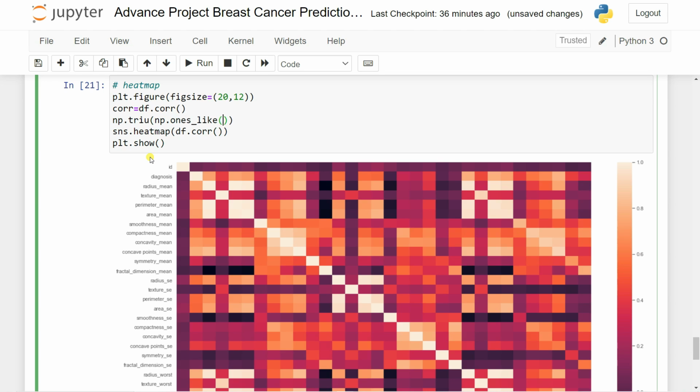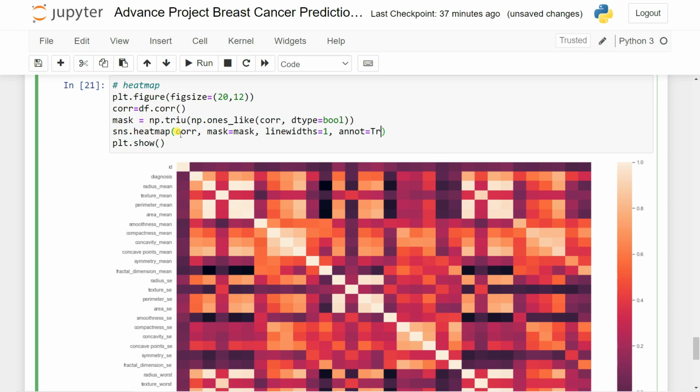And inside that I'm going to pass here my correlation value and also my data type. So the data type is obviously bool, it's nothing but my boolean value. I mean, which value is going to be printed out. It's called the mask. So we're just going to calculate this portion. So for that I'm going to pass here my correlations, and for mask I'm going to pass this mask, and also the line width. Let's give the line width one,